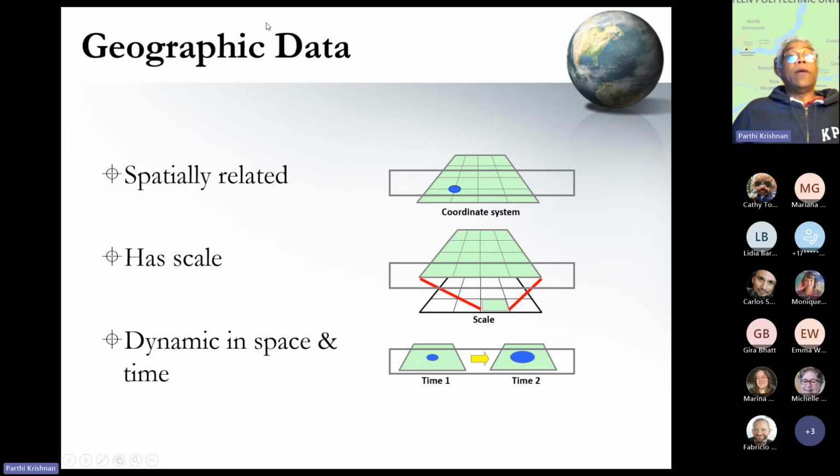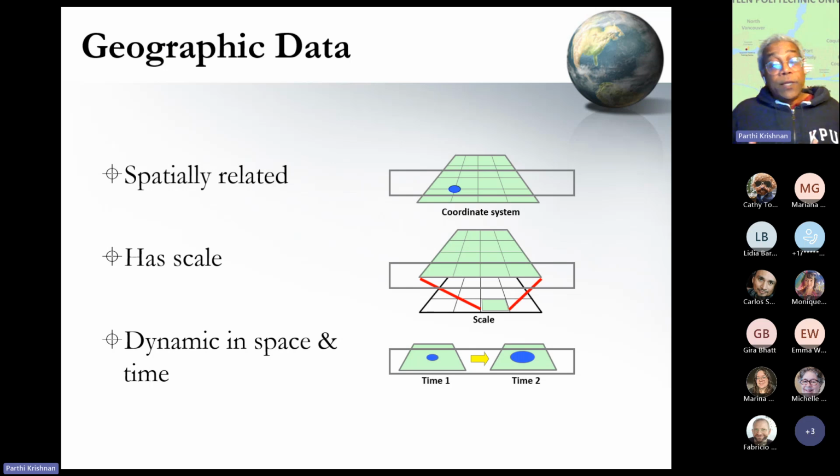Geographic data also have scale, right? Which provides the context for analysis. Events such as climate change, which we are so concerned about today, can occur right from the very smallest local scale to the largest global scale. So knowing which scale we are using for a particular analysis becomes important in not skewing the results that we are wanting to display. Last but not least, all geographic data are dynamic, both spatially and temporally.